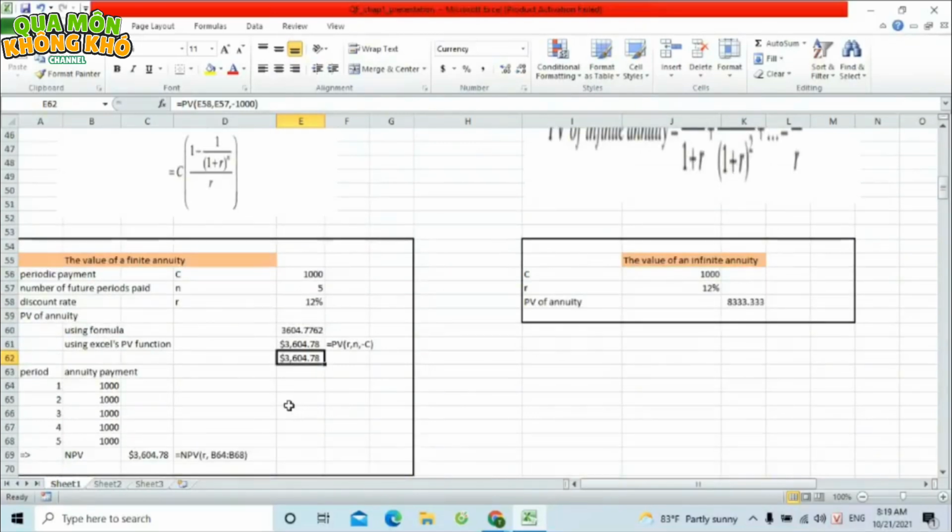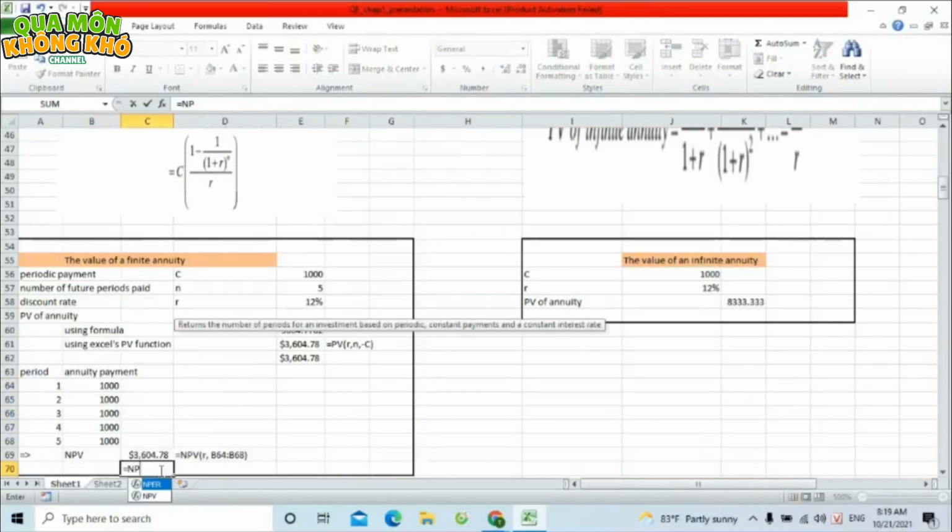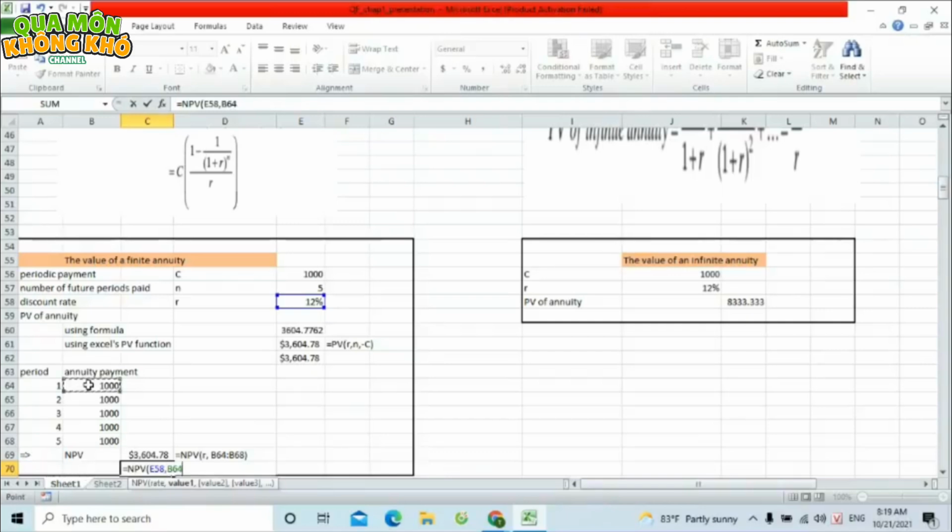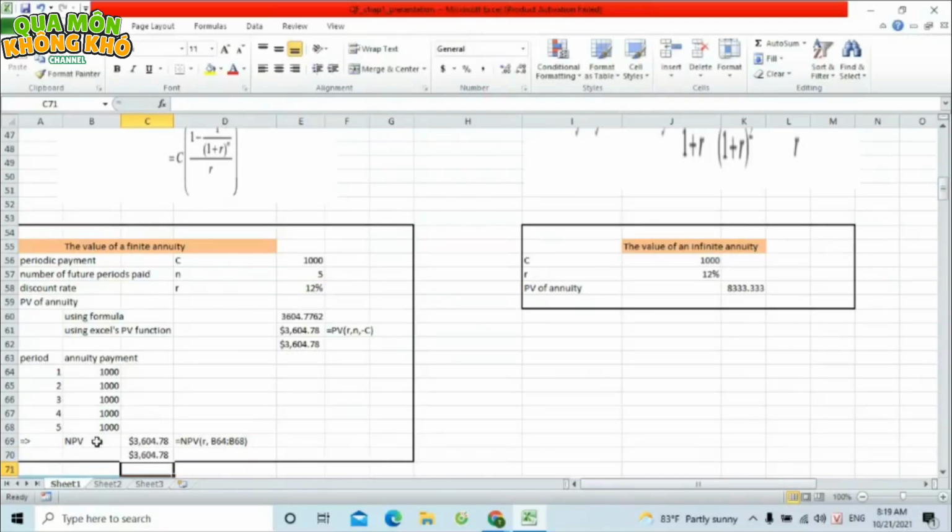To calculate the NPV when the annuity payment is shown, the period is 5 years, and the annuity payment in every respective year is equal to $1,000. At that time we will have the NPV, like we calculated in the upper table. We also have the NPV function. We will take the discount rate of 12%, and then we will take the values of annuity payment from year 1 to year 5. We also have the result that the NPV, the net present value, is also equal to